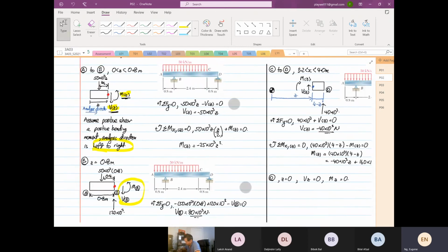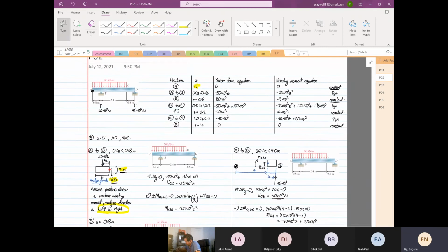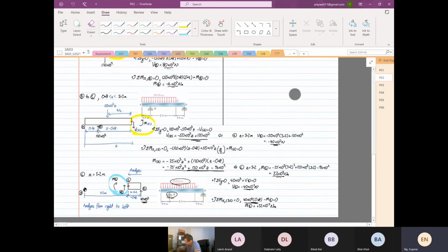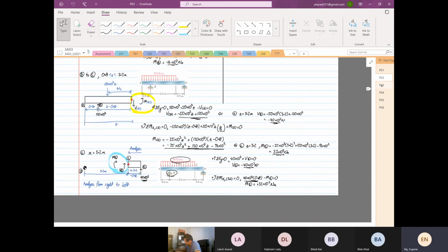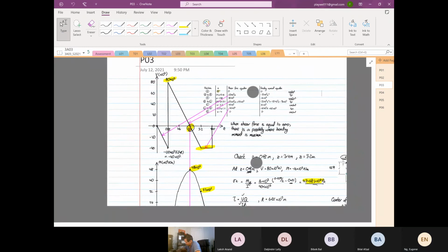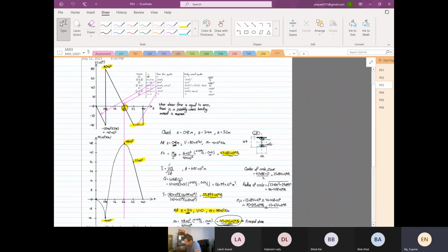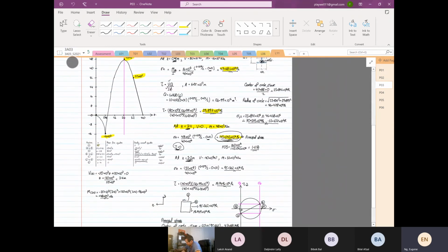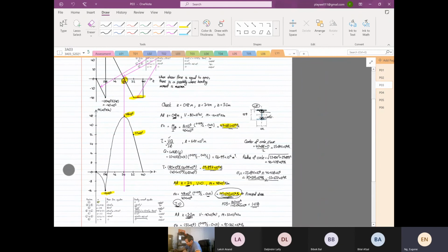So over here I focus quite a lot on writing the shear force equation and the bending moment equation. Now for this example, the most important thing is where are what 2 points. What points are you going to look at? So you have to be very intelligent about choosing the points. And in the term test